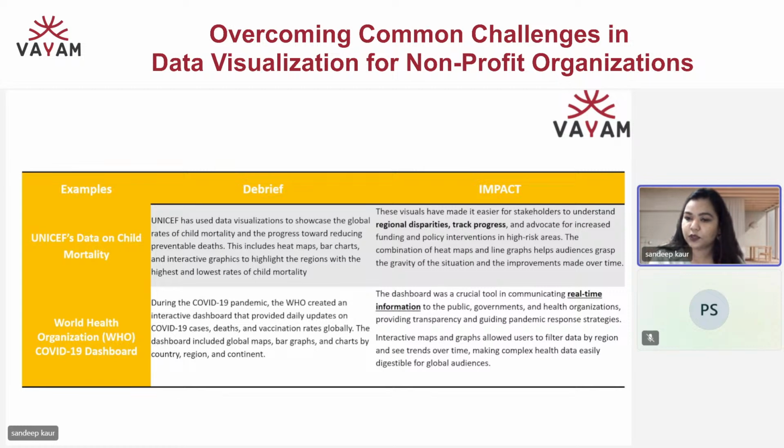Those were the dashboards so beautifully and informatively prepared by WHO using these data visual tools, and many other organizations followed in the same footsteps. It gave real-time information to the public, the government, and the health organizations, and provided a kind of transparency in guiding us on the responses for what we had to do further.